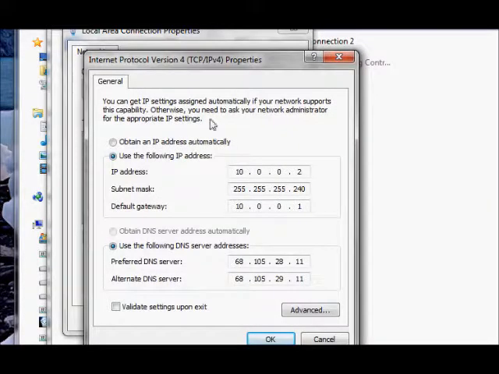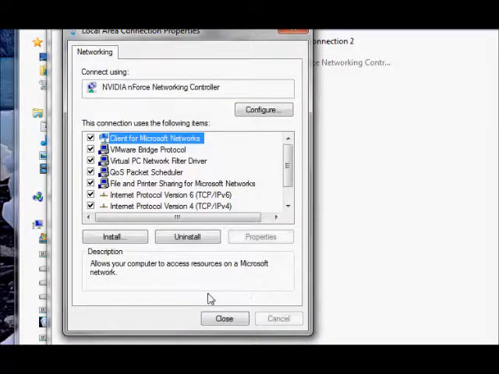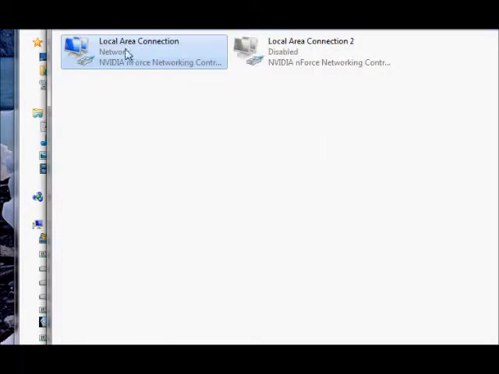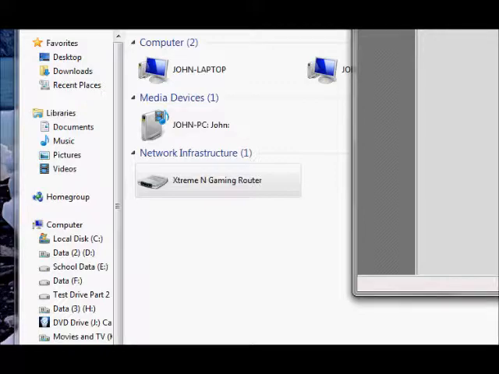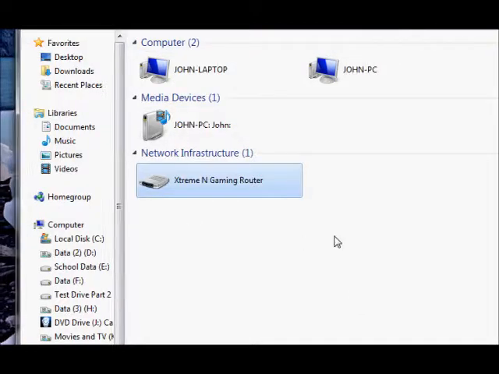Okay, so this is all you need. This is statically setting your IP address. Once you have this information, you're on your way to the web and you're doing your thing. And as long as you did it right, your IP address is not outside the subnet mask that you put it on. So you're going to go ahead and hit OK, hit close. Network still hasn't changed. And we're also going to go ahead and verify that I've got internet by going down